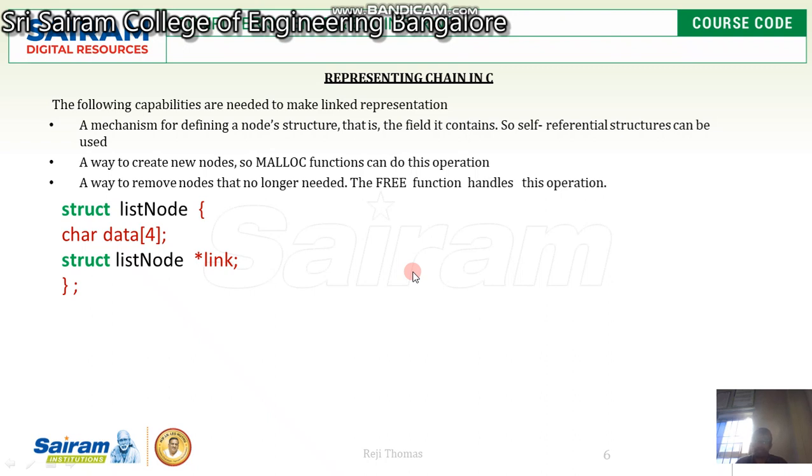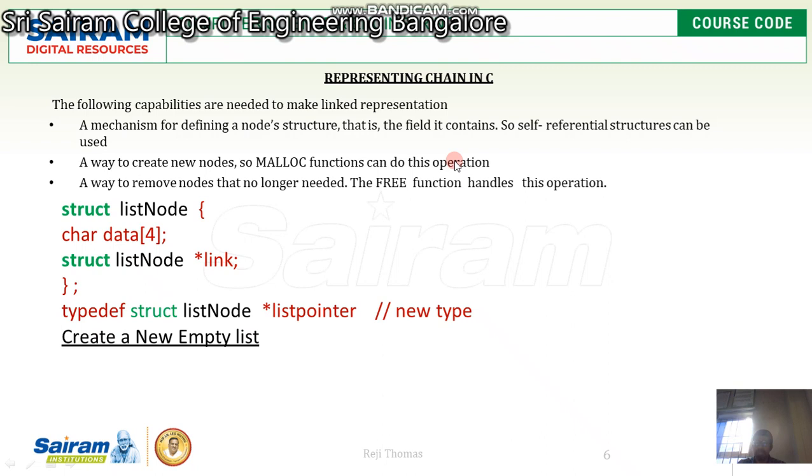So this is only the definition. Now we have to create variables for this. How do I create it? I'm going to create a type of my own, something like int, float, and char. I'm going to create my own data type. I name it list pointer, but it's a pointer to that structure. It's a new type which I've created.